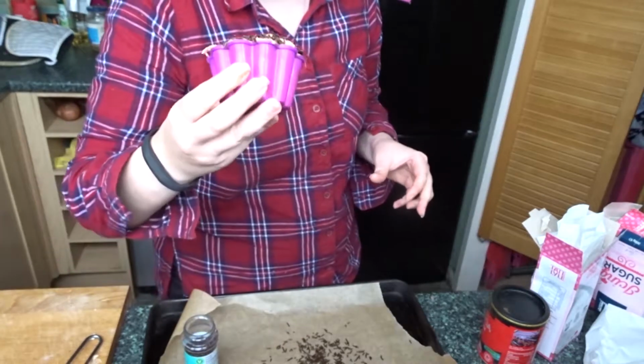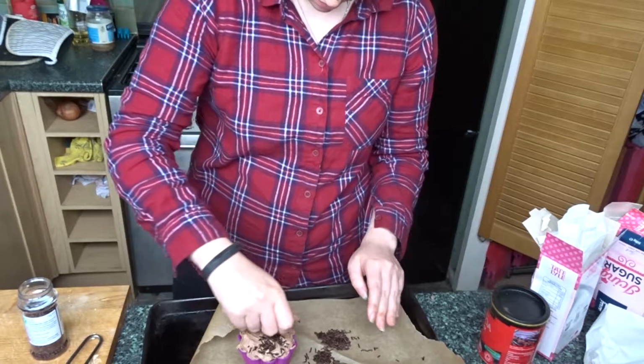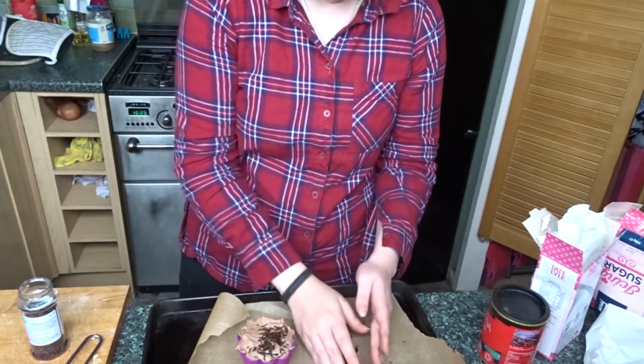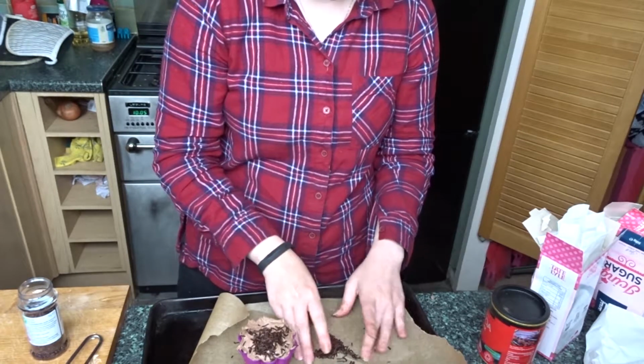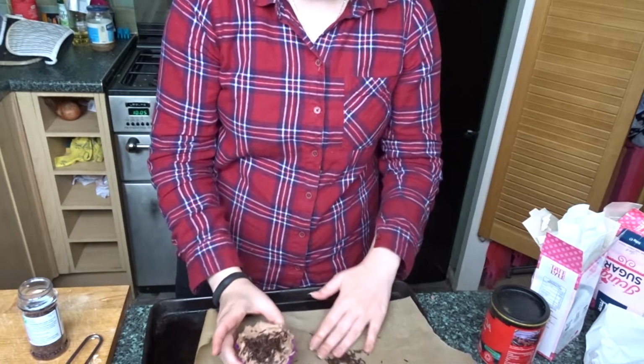That'll do, or do you think I need more than that? I think that'll be fine. I'm going to go with that. These aren't actually called chocolate sprinkles. It's surprising how difficult it was to find chocolate sprinkles. I actually got these from Sainsbury's in the end. And they're known as chocolate vermicelli,